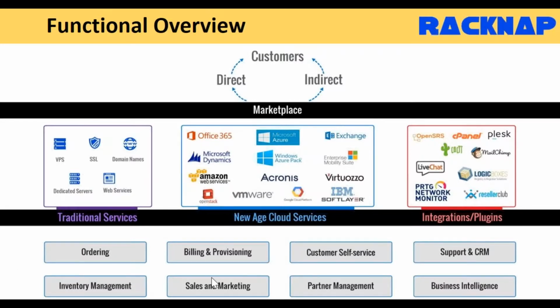Inventory management capabilities are enabled. Sales and marketing, you need to be able to track all your sales leads coming in, and also be able to convert them, track that full life cycle and all of that. And it's very important to have that fully aligned. And then partner management, as I mentioned, RackNav also caters to the needs of the B2B segment, whereby it can help channel partners come in and use the platform to sell to end customers. And also, another important thing is the channel partners do get a marketplace for them as well.